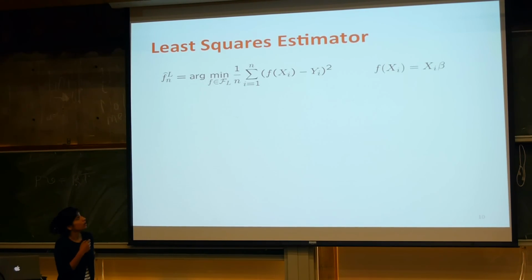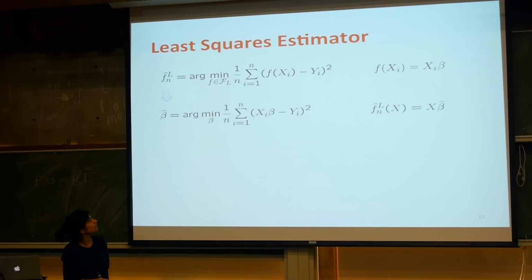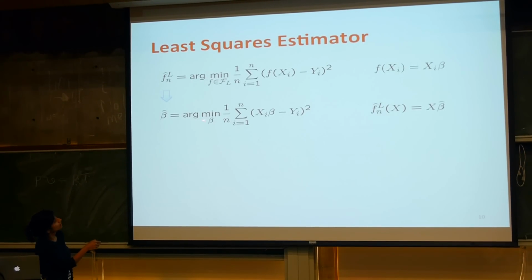Okay, so what happens when we do that? If we are trying to minimize something like, again, the empirical error on our training data over all functions that are linear, which means they look like this: f of x is x beta, or in particular, f of xi is xi times beta. Then we are essentially trying to solve for beta, and we can rewrite the minimization